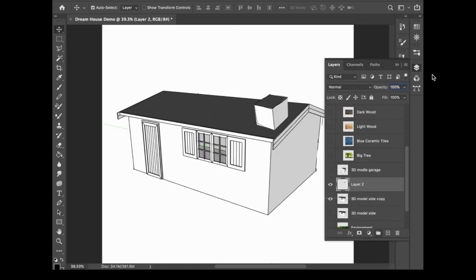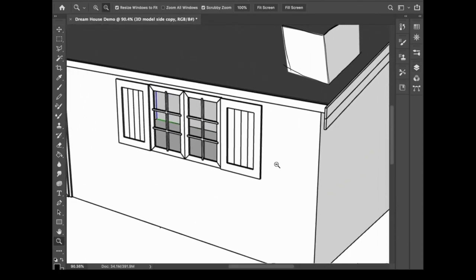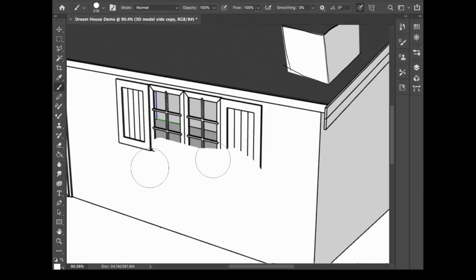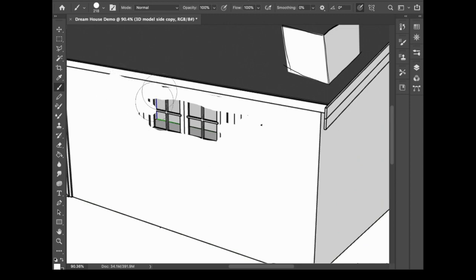If I wanted to do a little bit more fancy work, I could even go back to my original layer and say I don't want something on there. We are going to eventually go over this with a different texture, but if you need a little bit more clarity or even want to remove entire sections or parts, you can return to this one, copy the color on the side of the house, and then change over to a brush tool and just paint directly over to erase out whole sections. Or if you need to crop off an end, you can use the eraser tool and or the brush tool to